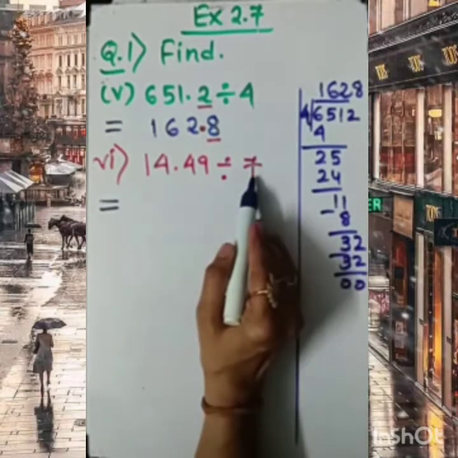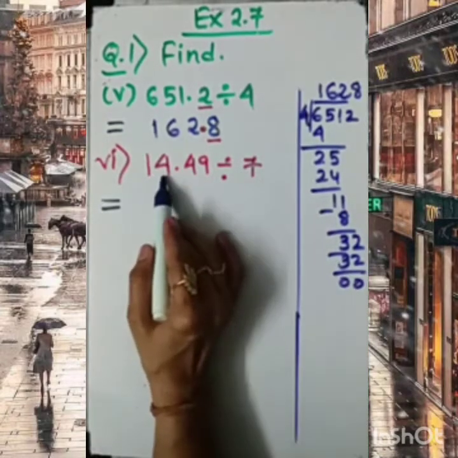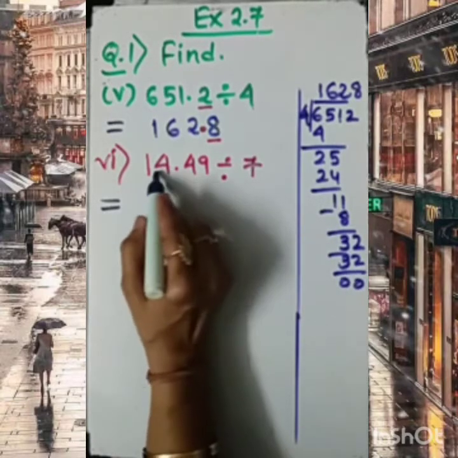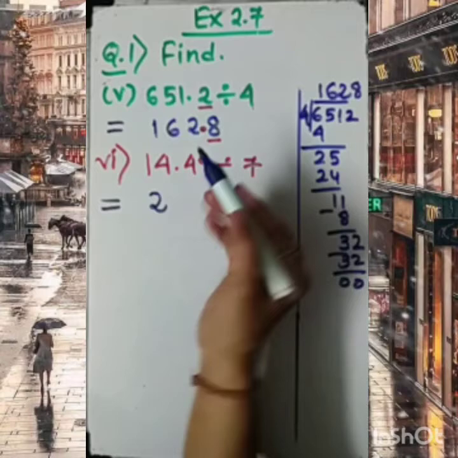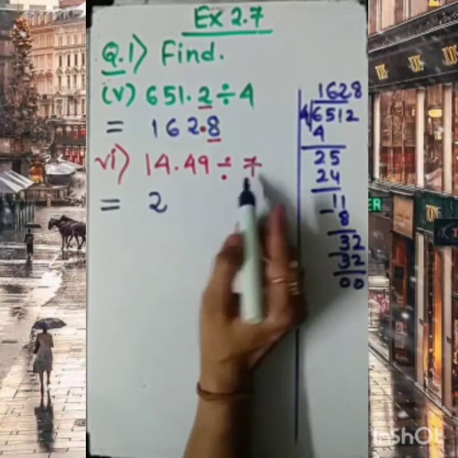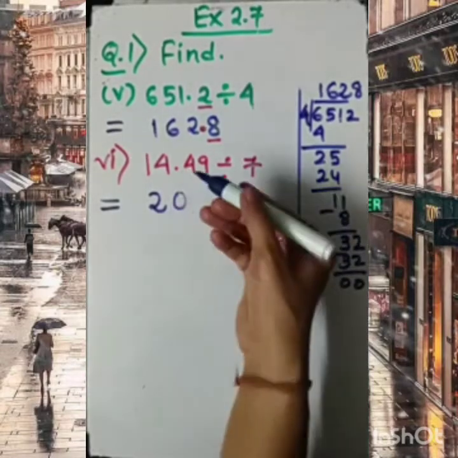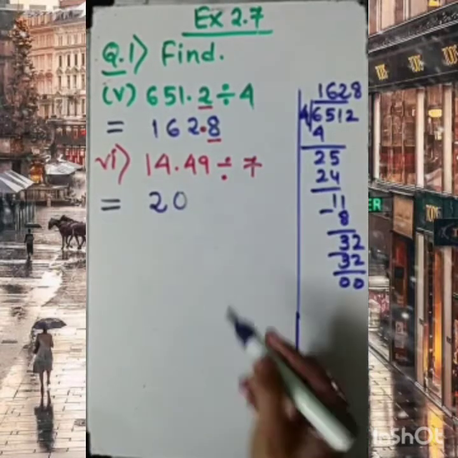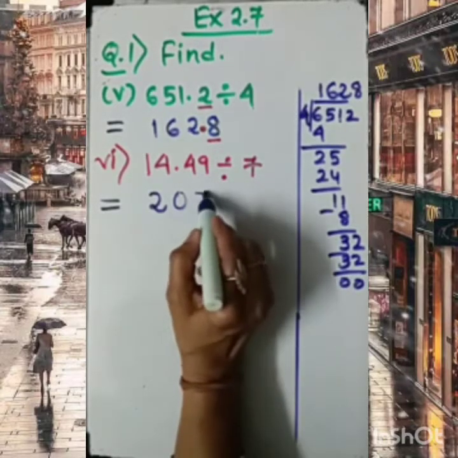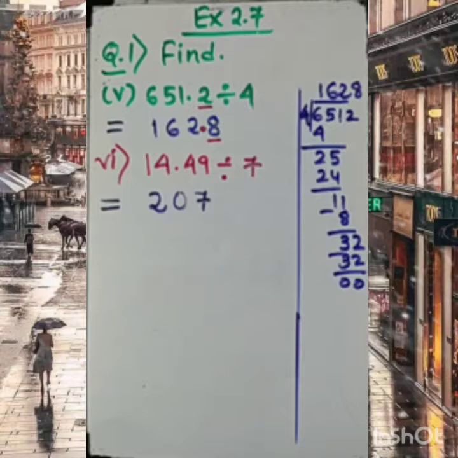Let's recite the table. Here consider 14 is there in the beginning. So we know 7 twos are 14. Let me bring 4 down, but it's not possible to divide 4 by 7, so it will be 0. I have to bring 9 also along with that, so it is 49. So dear students, 7 sevens are 49, in the table of 7. You can see here that directly, in a few of the questions, we can do the solution.